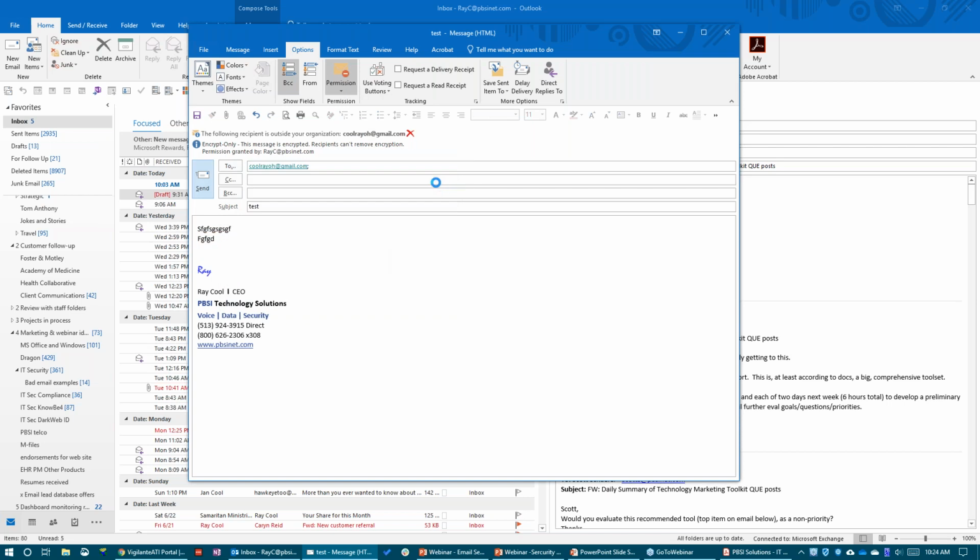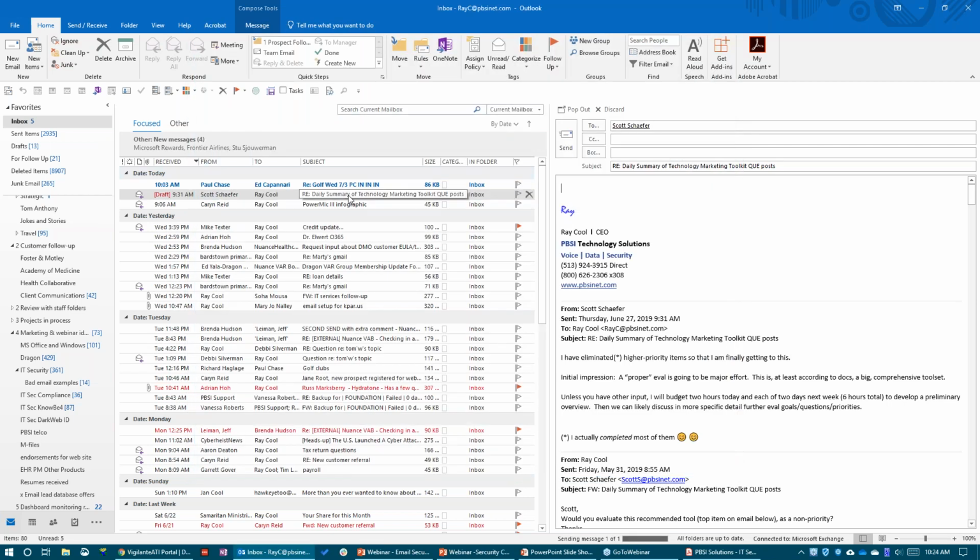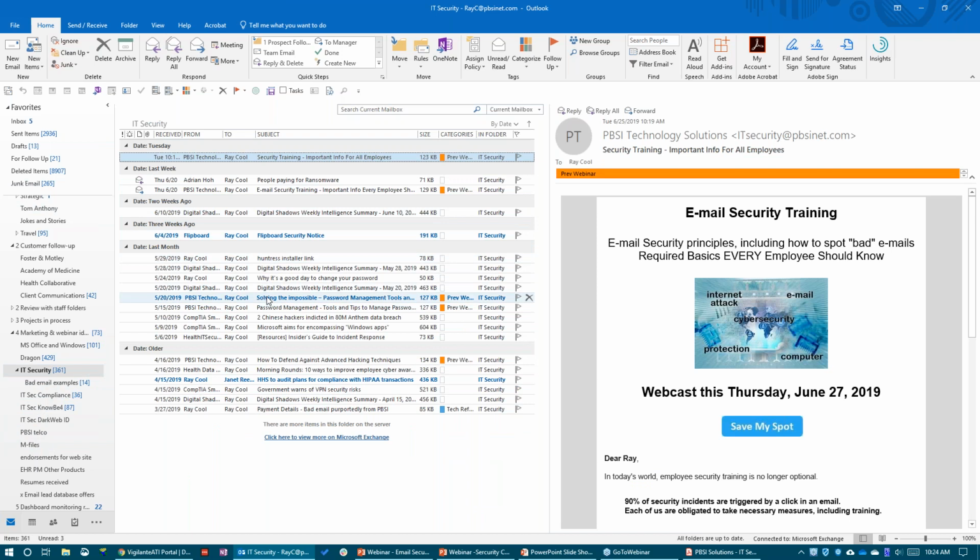So in this case, the recipient of that now, instead of receiving the message, the email, they receive a message from Ray that says, you have a message from Ray, click here to enter a one-time passcode or log into your account.